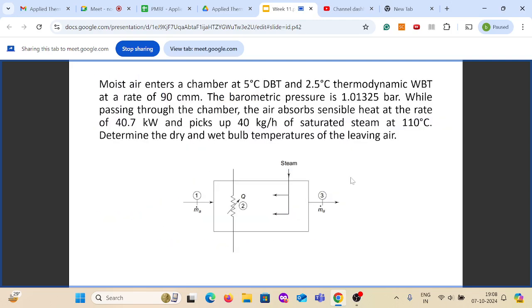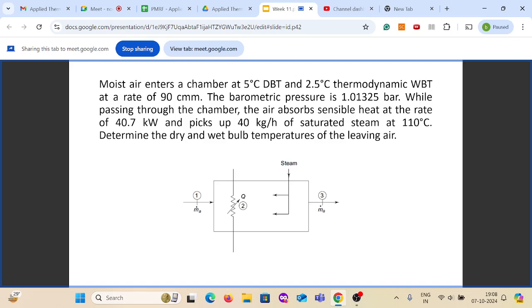So with this, the next question is: moist air enters a chamber at 5 degrees Celsius dry bulb temperature and 2.5 degrees Celsius thermodynamic wet bulb temperature